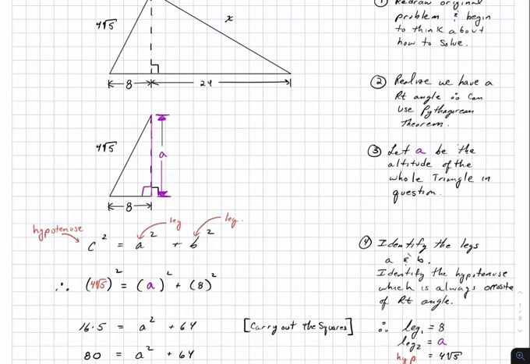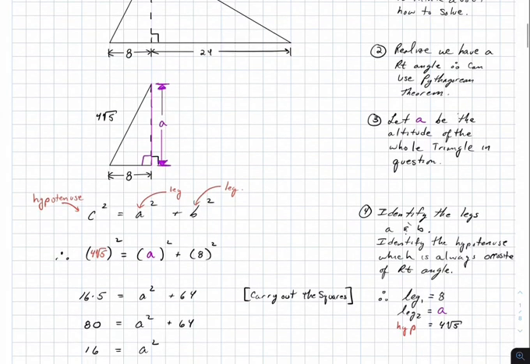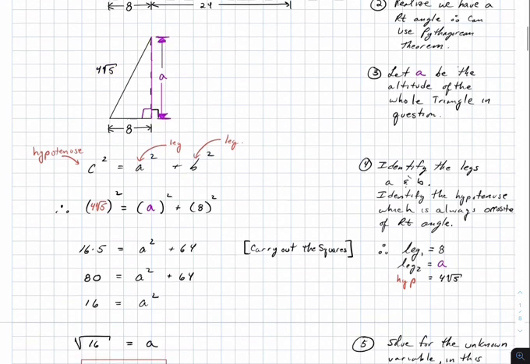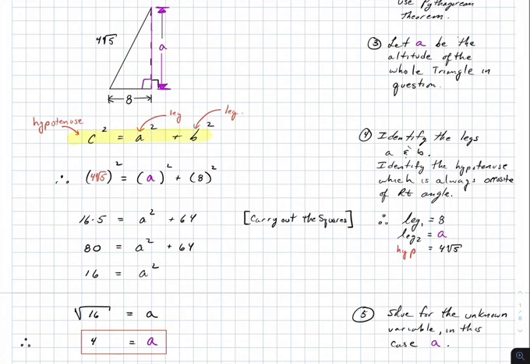So I redrew just that one little triangle. Notice that we have two sides of it and we're missing one. So we're missing a leg in this case. What I said here was identify the legs A and B. We want to also identify the hypotenuse. So that's what we did: leg, leg, hypotenuse. And I simply rewrote the Pythagorean theorem,